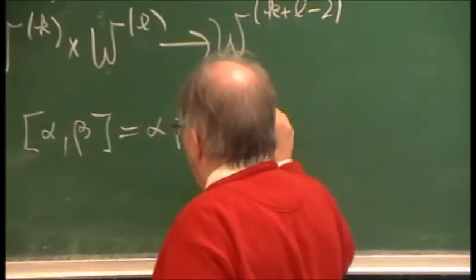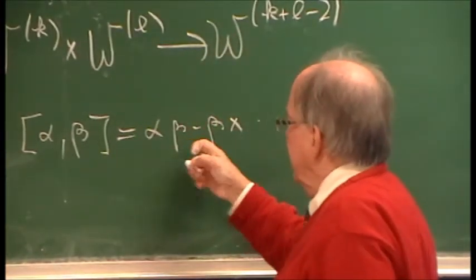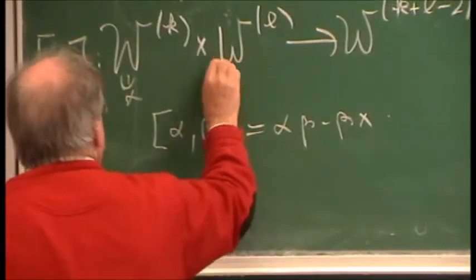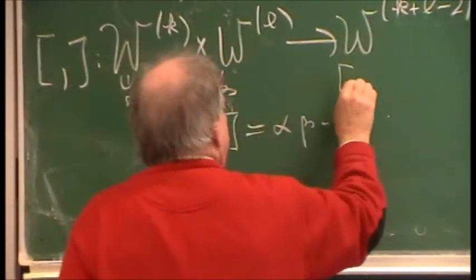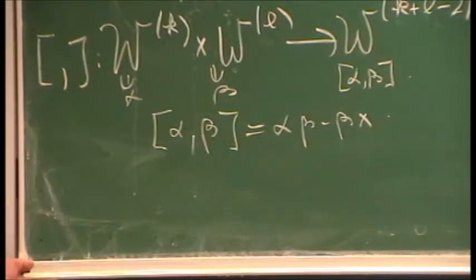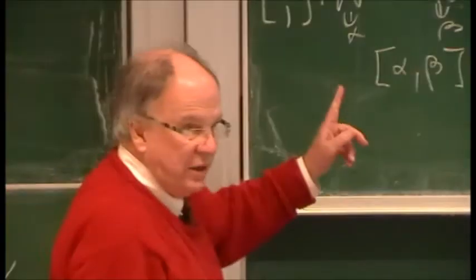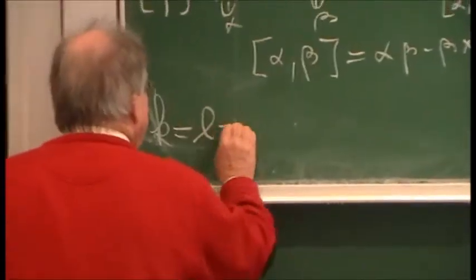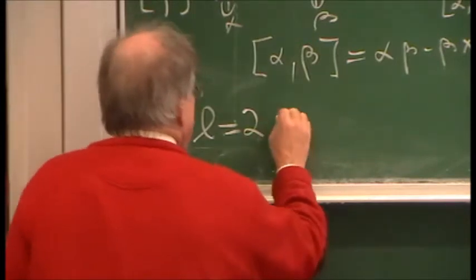It's an associative algebra, you have this bracket. If alpha is here and beta is here, then the bracket is in this lower order. A very interesting fundamental fact, and I noticed yesterday that if k equals l equals 2,